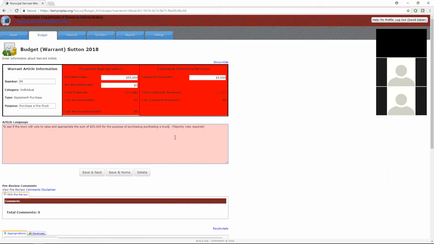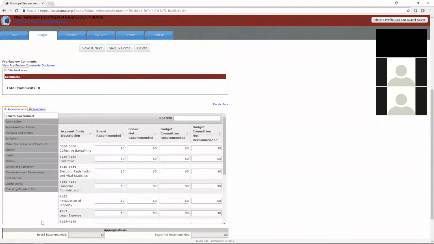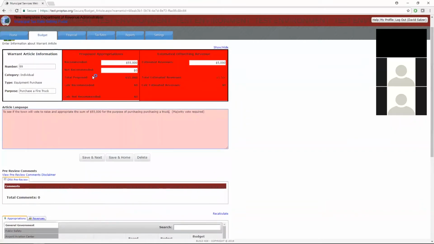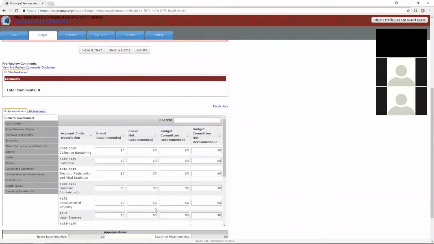I'll enter the language that I want to use, and then I'll go to the account code table at the bottom of the screen and actually go ahead and justify the total that I entered up top. The reason that this background is red right now is because the system is saying this information does not match. You've declared that the warrant article is a total amount of $55,000, but you haven't justified what account code that